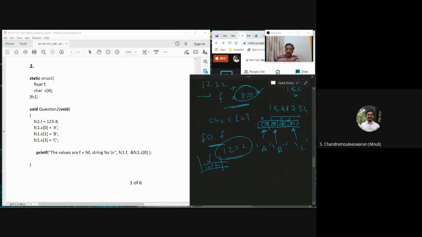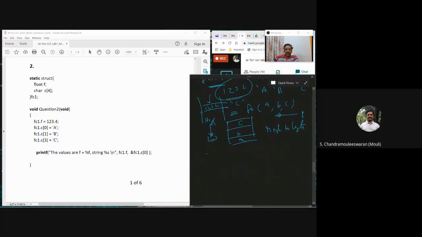Now, in which order is it passed? Please remember, for function parameters a, b, c in C programming, Pascal does it in a different way, from left to right. In C, parameters are pushed into the stack from right to left. That means if the stack is growing towards the lower address, then C is pushed into the stack first, then B is pushed, then A is pushed. That is the order in which they are pushed.